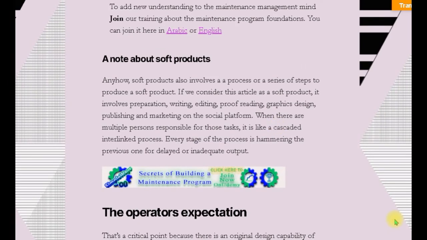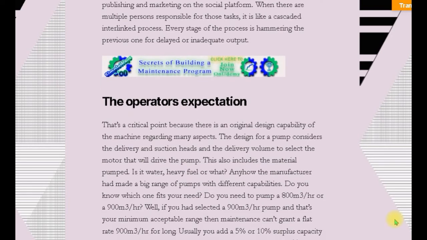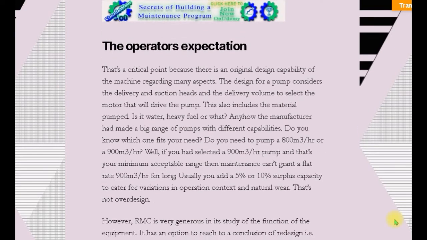So there's one point that we need to understand clearly from the maintenance point of view, which is the operator's expectation. Maybe the operator's expectation is higher than the actual capability of the machine. This could be a problem from the operations, and it could be a problem from the design itself. That's why the reliability-centered maintenance gives us an opportunity to say as a conclusion that we need to change the